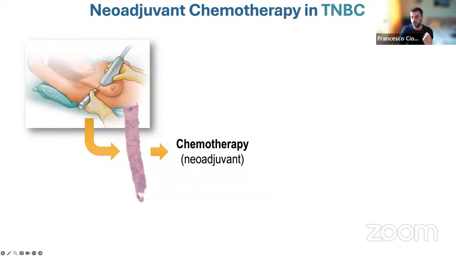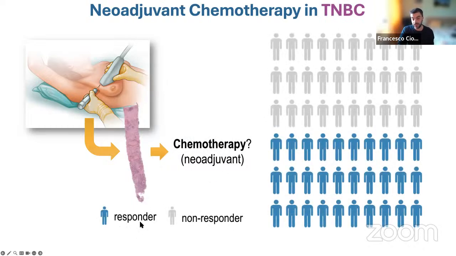So neoadjuvant means before surgery, right? So in practice in the clinic, the triple negative patients, they pretty much all get chemotherapy. The problem is that only half of them actually gets some clinical benefit, which means that the other half are getting chemotherapy without any benefits. They get the toxicity of the drug, they postpone the surgery because eventually they do get surgery, but in the meantime, the tumor grows. So that's not really efficient. So it would be best to identify these patients and then just do surgery right away, or maybe do some other types of treatment.